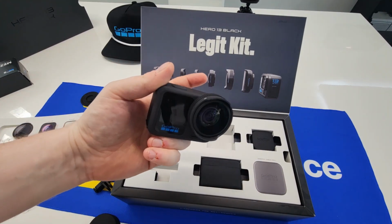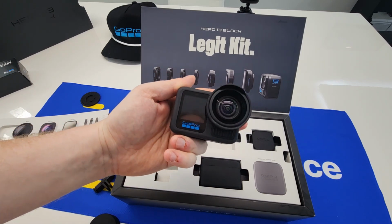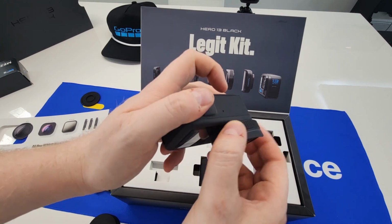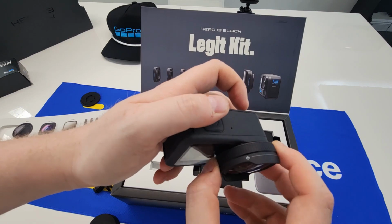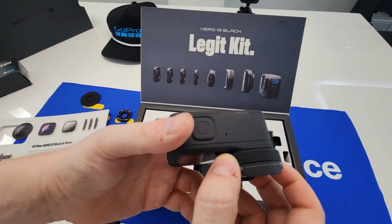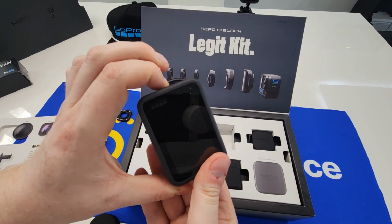And now this is the super awesome looking macro lens. And what I'll do is I'll do a couple of videos with this just so you can see what it looks like. You would turn this back and forth to get tight and wide, to close and far, kind of changing that background blur and its distance, and it will really focus in on your product. So the cool thing is when you turn this on,